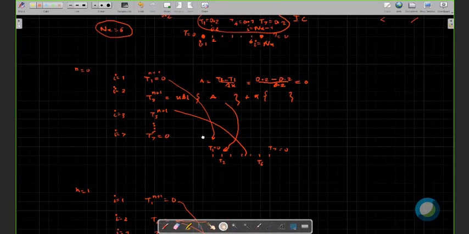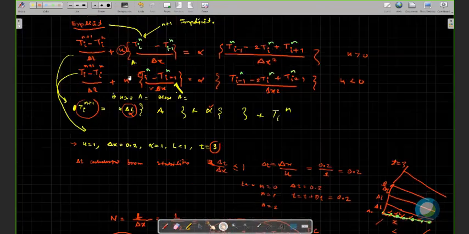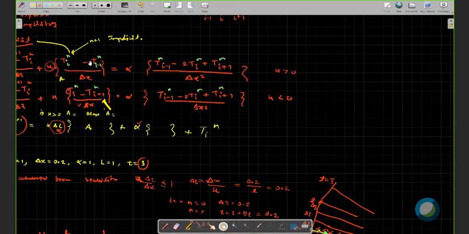Now for this combined case itself, I have just shown you how you are doing it. On the basis of the magnitude of u, either you are doing Ti minus Ti minus 1 or Ti minus Ti plus 1. So that you can do. This is how you are going to proceed. And suppose it is n, all these are n plus 1, all these are n plus 1 means it is implicit.